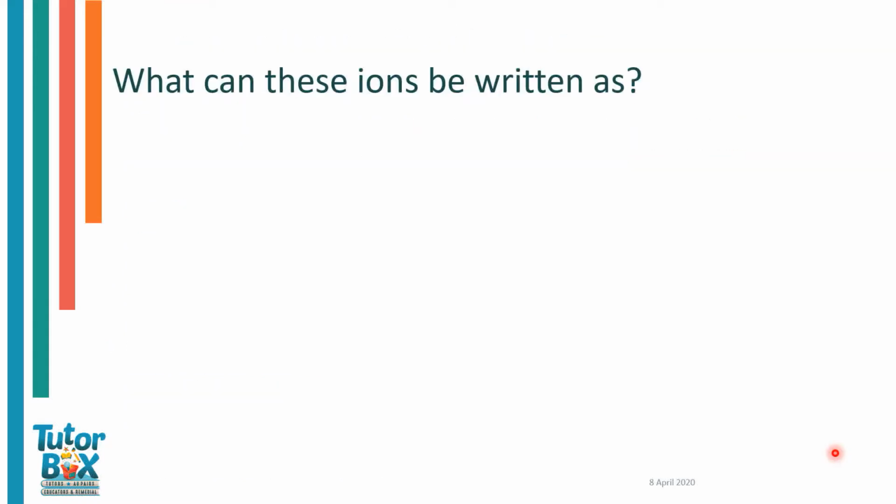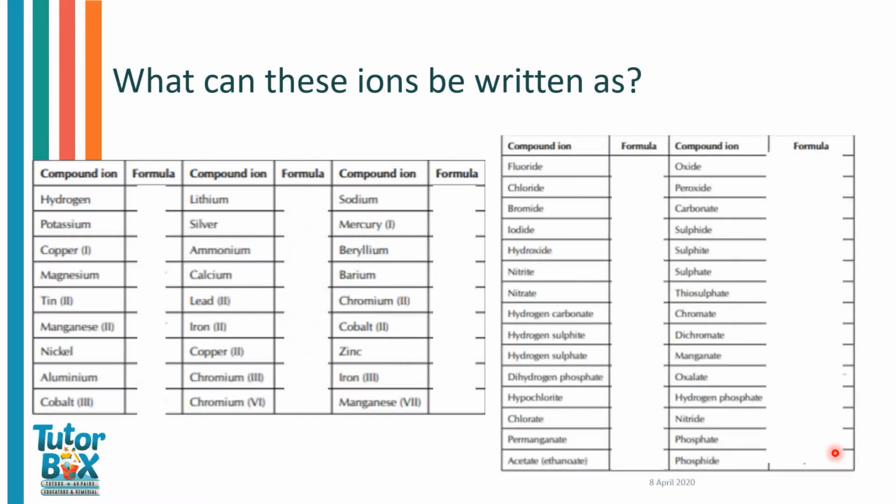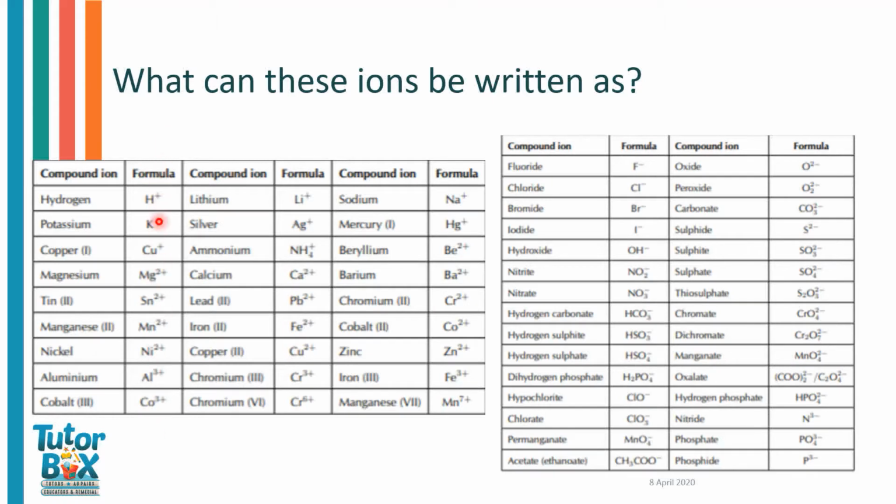So now we're just going to go over the ions very briefly. Okay, these are your cations and your anions. So you should know which ones are positive and which ones are negative. Some of them are just the actual elements, so fluoride, chloride, bromide. But some of them are special, if that makes sense, that you have to know. So permanganate, chlorates, phosphates, and whatnot. These are the formulas. So these are all your positives and these are all your negatives.